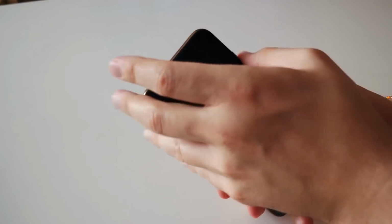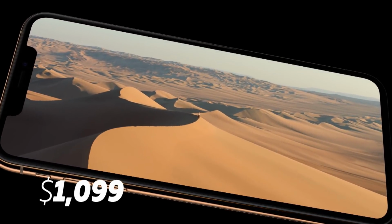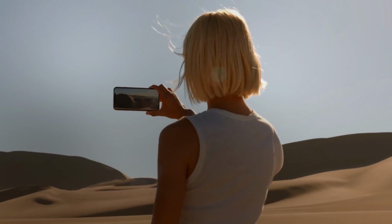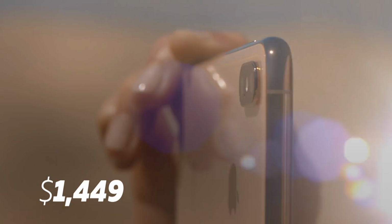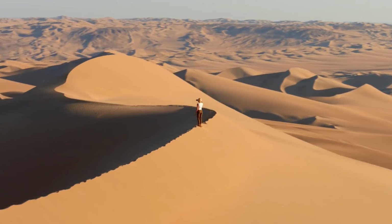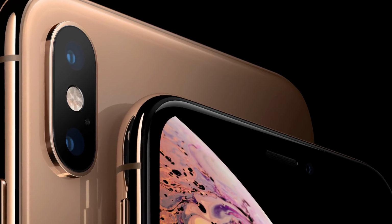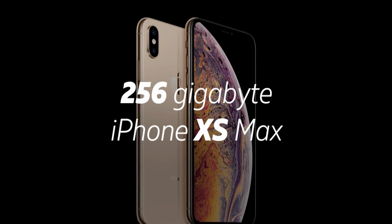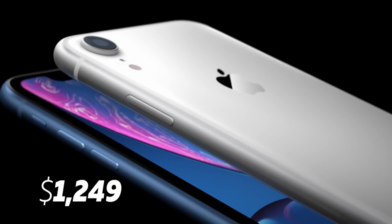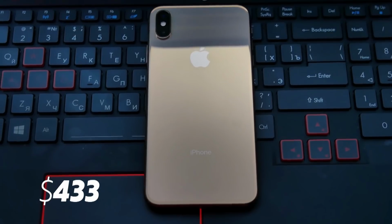The iPhone XS and iPhone XS Max start at $999 and $1,099 and go up to $1,349 and $1,449 respectively. They're anything but cheap, although there are plenty of ways to make those prices more tolerable. But how much does it cost Apple to manufacture them? The first bill of materials for the 256GB iPhone XS Max, priced at $1,249, says it cost Apple just $443